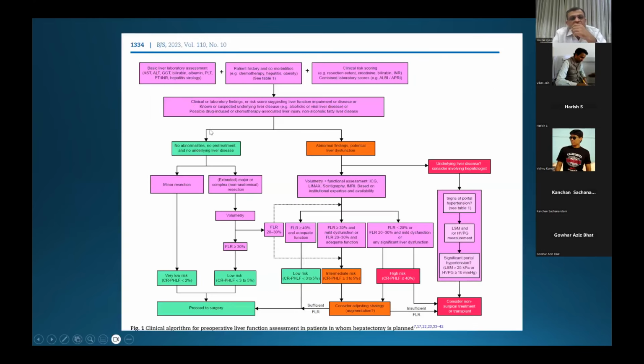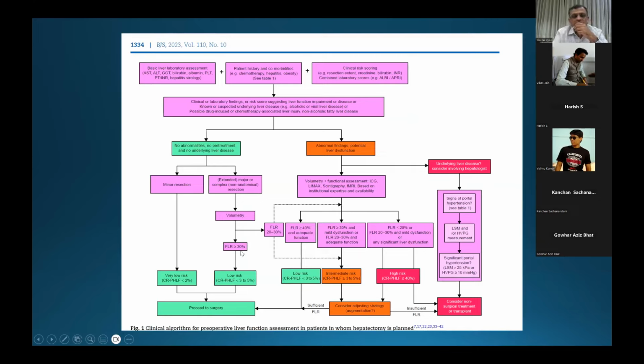So this is, in summary, a slide. This has a recent publication from the British Journal of Surgery. These are the consensus guidelines to understand the liver function in patients in whom hepatectomy is being planned. It's a paper which was published just a couple of months back in the British Journal of Surgery. It's a consensus statement. It's quite a big flow chart, but essentially what it shows is that you use a